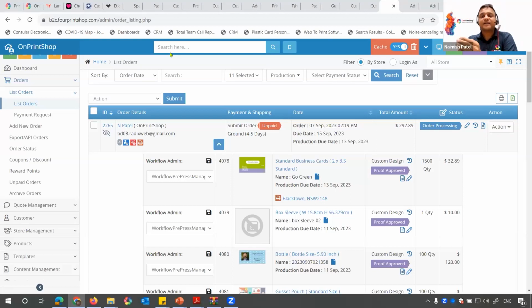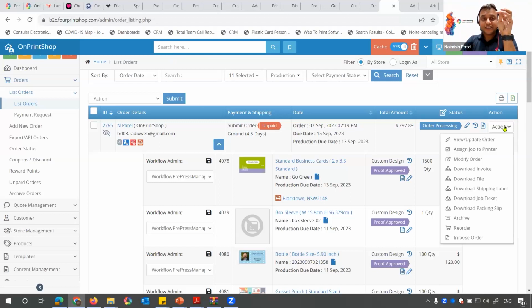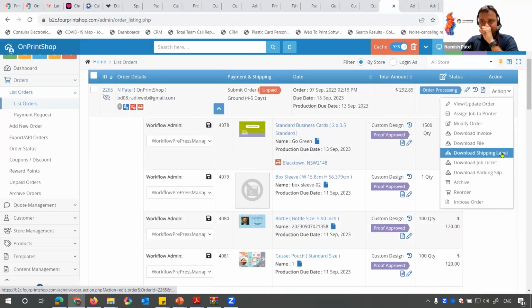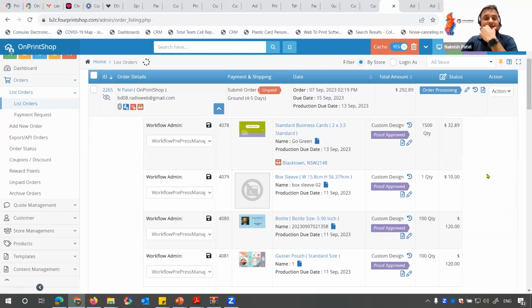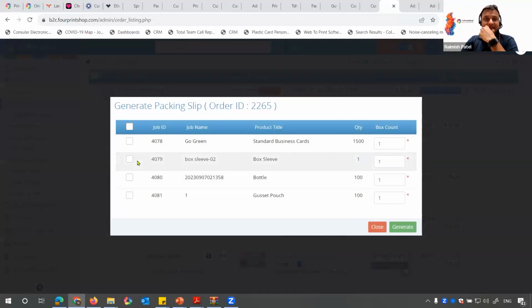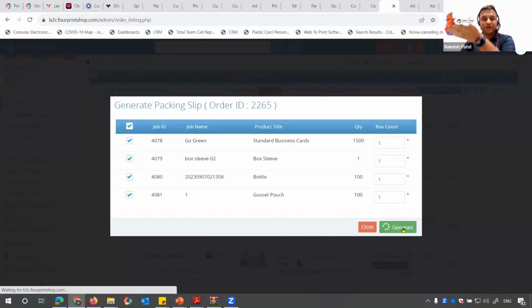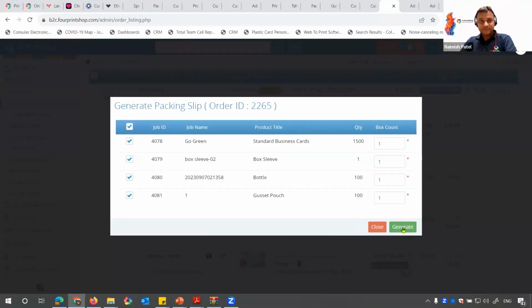So that's where we also added some back-end processes, and we call it workflow management. To begin with, every order generated into the system automatically gets a lot of documentation done. So you don't have to do any manual work in terms of the files or the job ticket. We even added the packing slip in the latest version. Sometimes people ask, okay, what's inside the box? I don't know. So once you create the packing slip, it would create all the items,